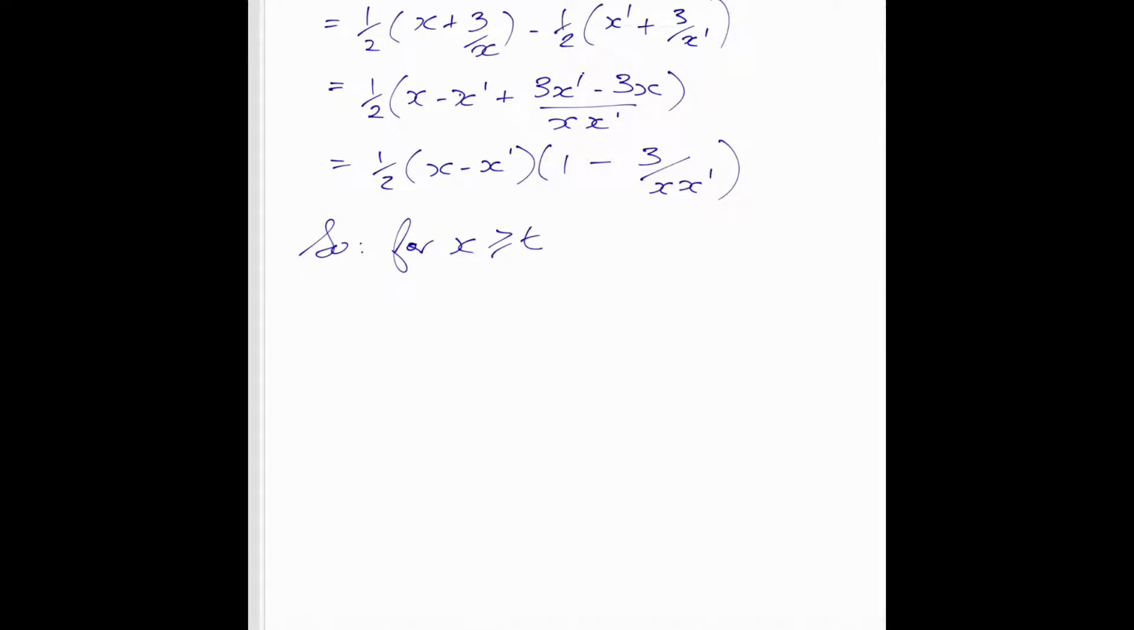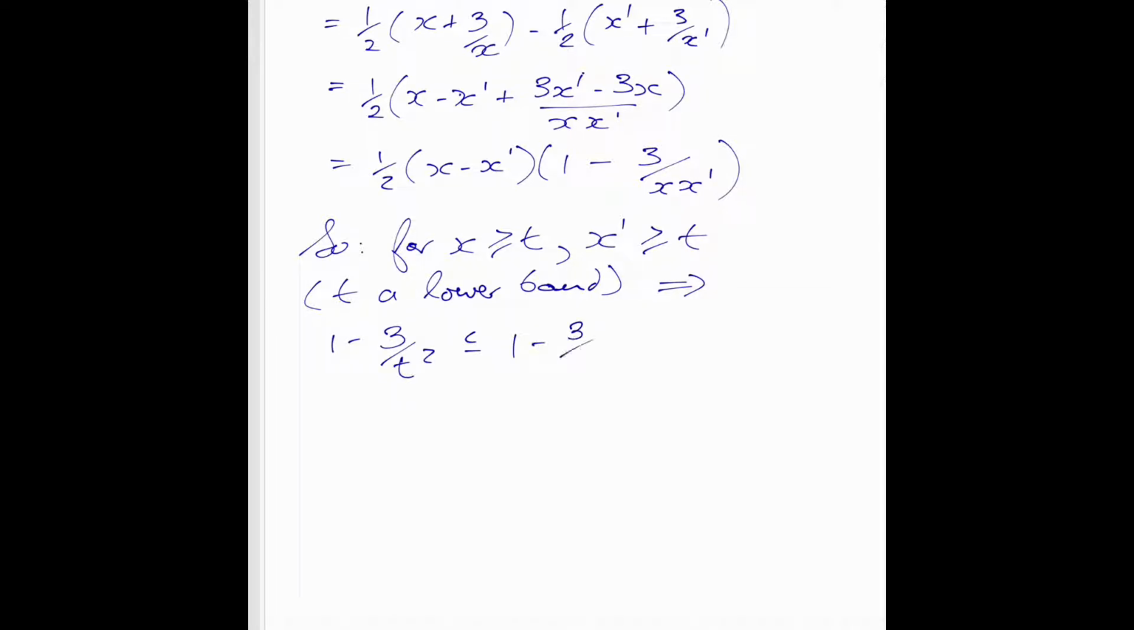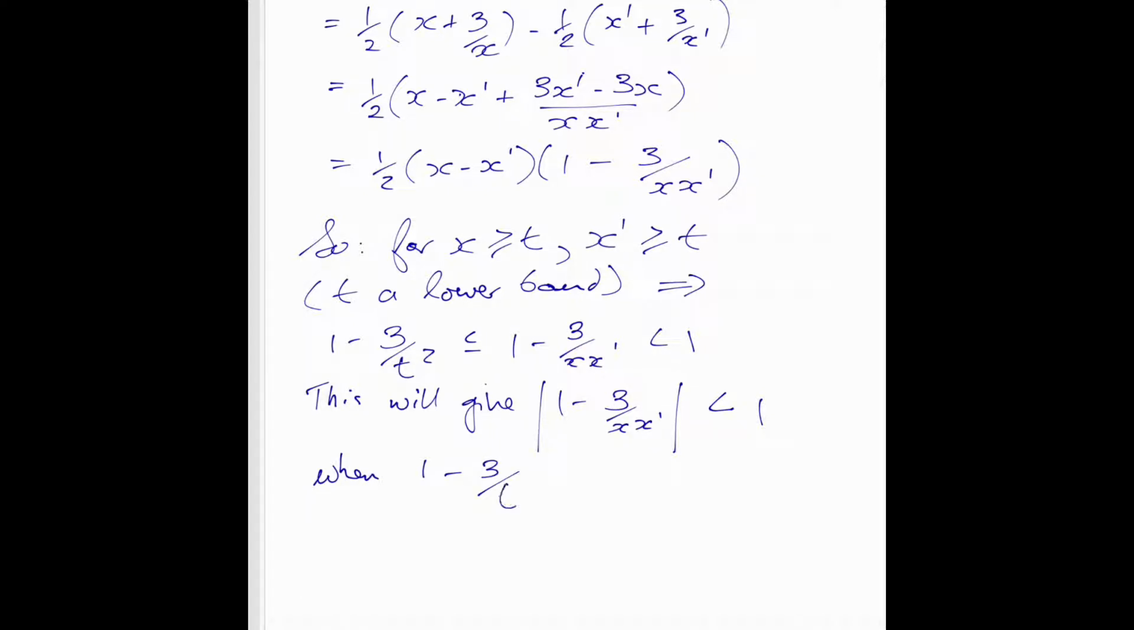So for an x greater than or equal to t and an x prime greater than or equal to t, because that's a lower bound in the metric space, we then have 1 minus 3 over t squared is less than or equal to 1 minus 3 over x prime is less than 1. So this will give 1 minus 3 over x times x prime, or the absolute value of that less than 1, which it needs to be for contraction, when 1 minus 3 over t squared is greater than minus 1,